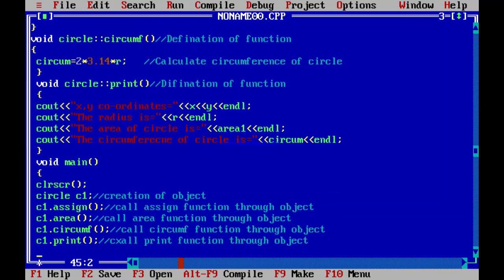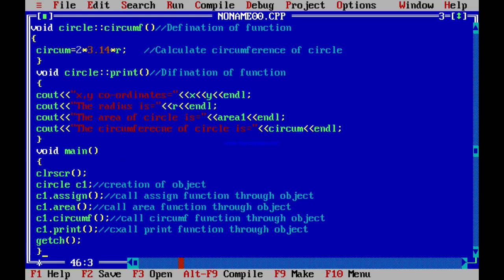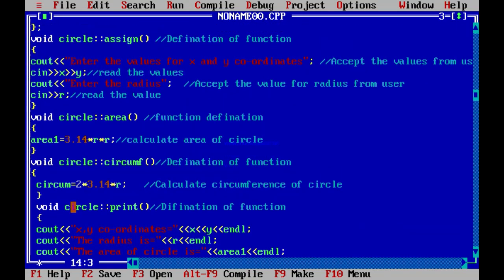Okay, and at the last getch is there, and close the body of the main function. So what we did in the main function: clear screen, create the object of the class circle, and through that object we call all the functions we defined: assign, area, circumf, and print. To call those functions, they are going to execute.